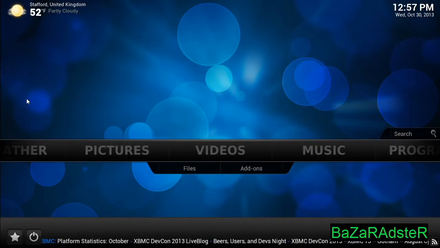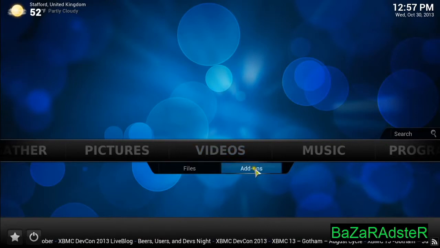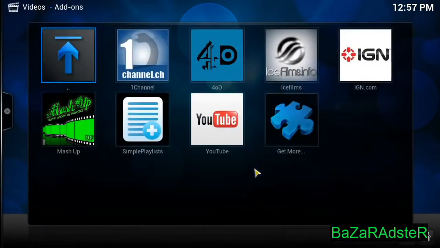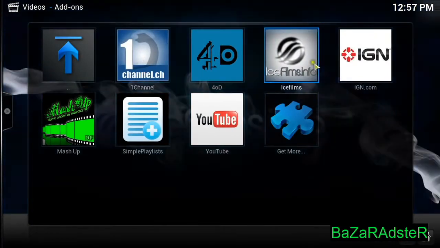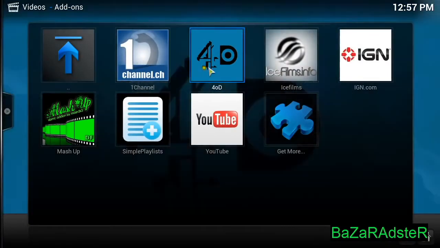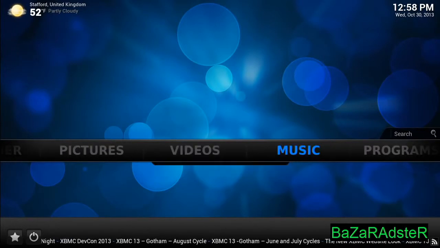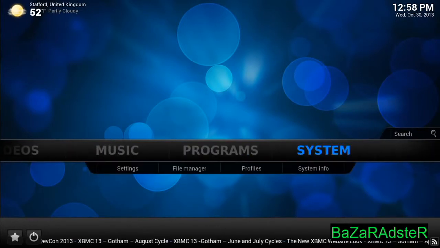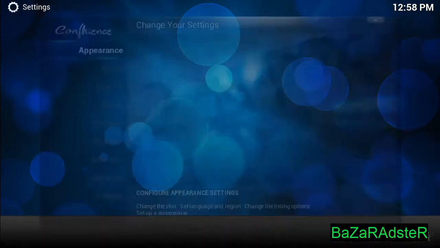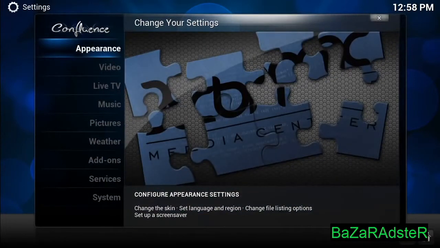To look at the add-ons for Icefilms and One Channel, you click on Video Add-ons here, and here are One Channel and Icefilms already set up for me. You won't have these at the moment as you need to set them up, which is what we're going to do now. If I use the keyboard and backspace all the way out to the main screen, then using the right key, we can go all the way to System and go to Settings. Then if we go all the way down to add-ons,